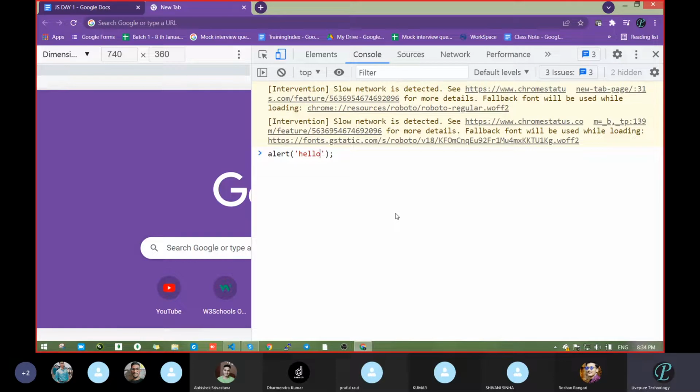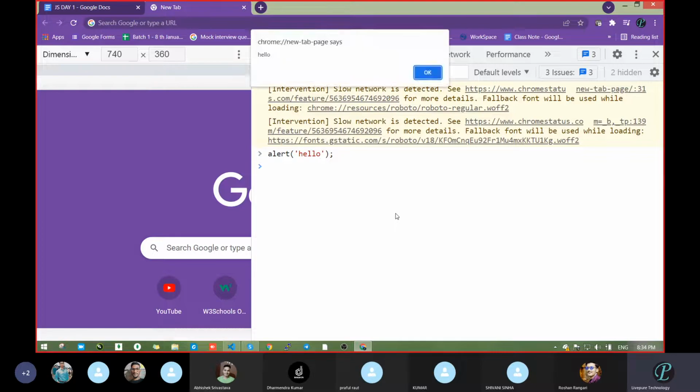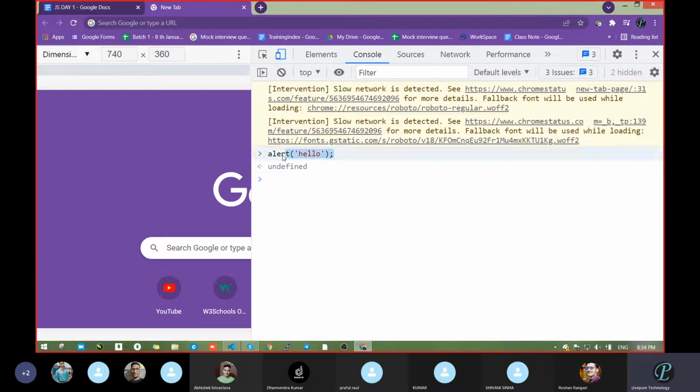So see, what am I going to write? I am just writing one alert. Hello. Okay. Once you click, we get the output. How did we get the output? We had written only one line of code. It means whatever we wrote, the browser is understanding that. Correct or not? Because we had not done anything else. If you write in your browser, then also it will work. If you open any other browser also, like Firefox, Explorer, it will work there also.